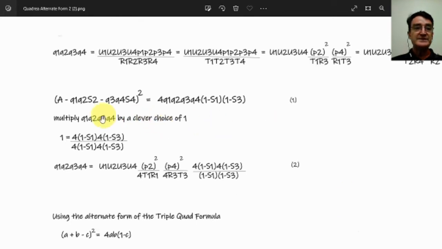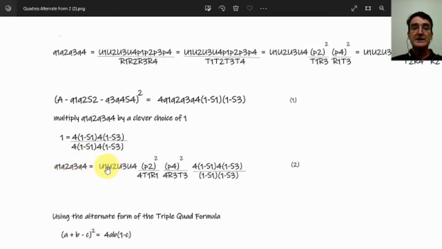And we're going to do the same thing as we did the last time. We're going to multiply the Q1, Q2, Q3, Q4 by a clever choice of 1, which is 4 times (1 minus S1) times 4 times (1 minus S3), all divided by 4 times (1 minus S1) times 4 times (1 minus S3) in the denominator. And when we do that and combine it with this third equation here, we're going to get Q1, Q2,